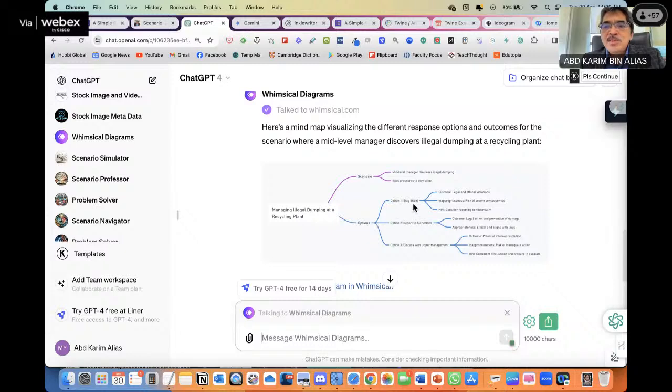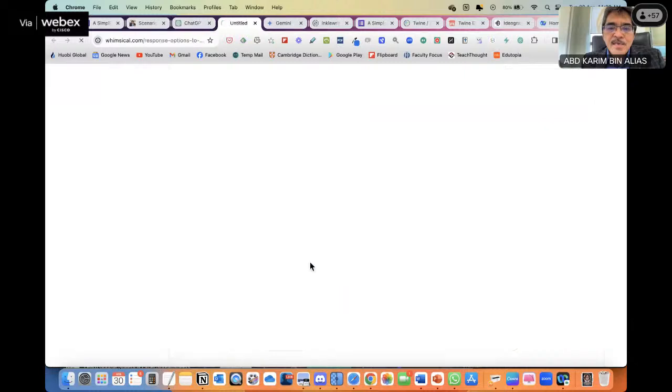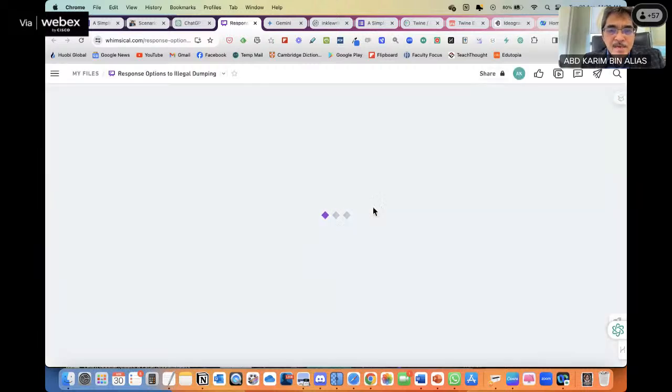Option 1, stay silent. This is the outcome. This is the explanation whether it's appropriate or not, and this is a hint. You can click to see the full diagram in the Whimsical application, and this is free.